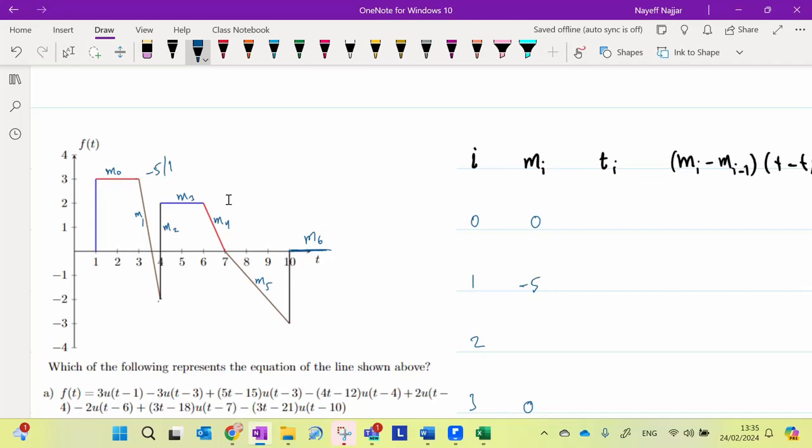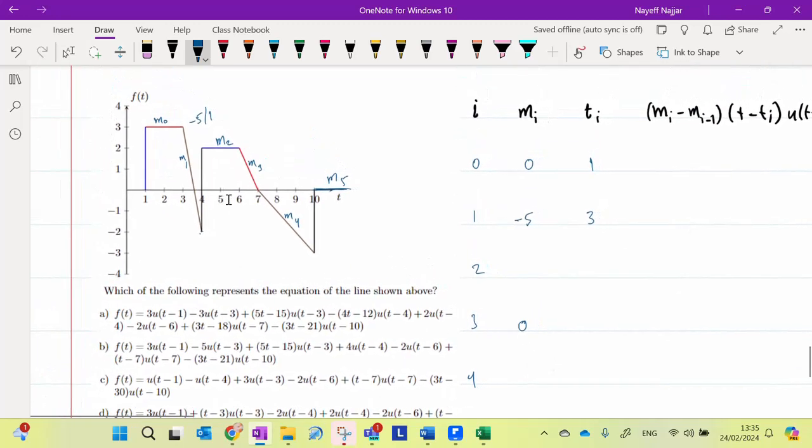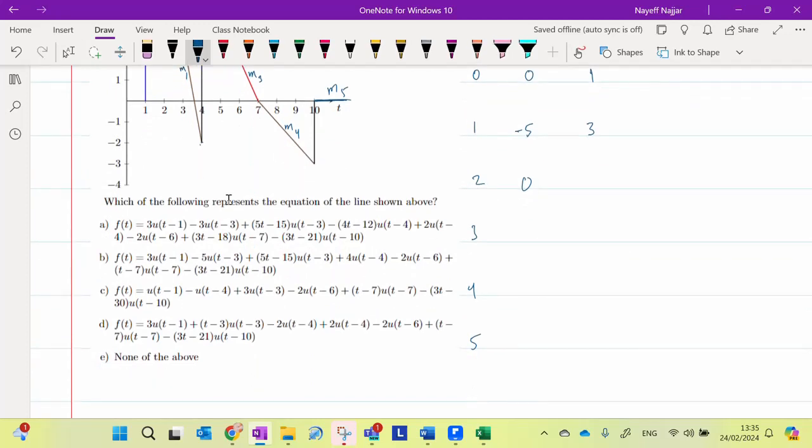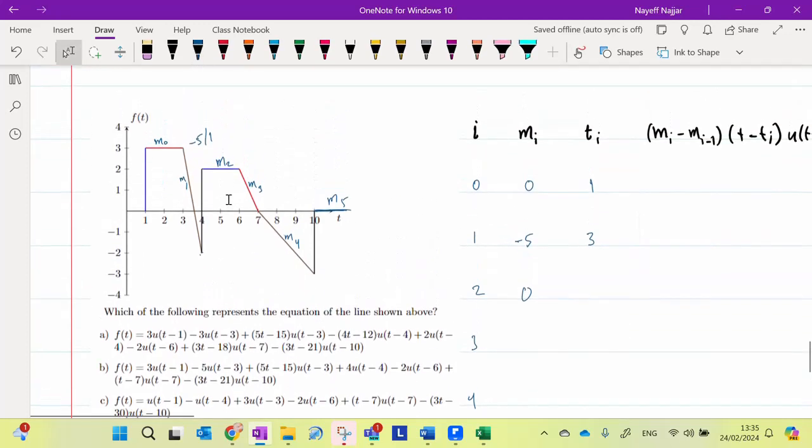Now M0 started at 1, M-5 started at 3. Okay, I said this is not a line segment, so I have M2 here, M3, M4 and M5. Let me fix that quickly. M0, M1, M2 is equal to 0, and I don't have 6. I have M0, M6 is equal to 0. Okay, and M2 started at 4,